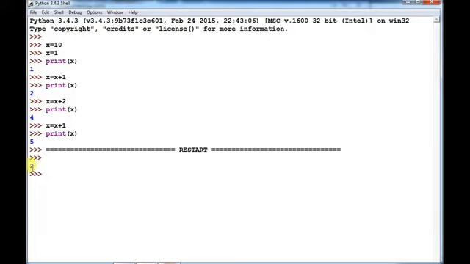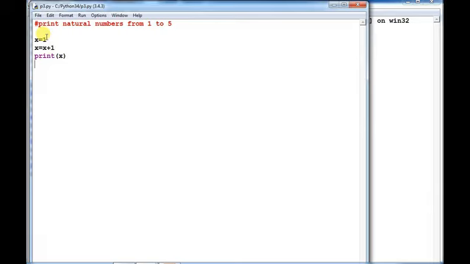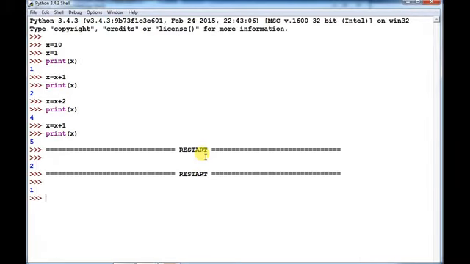Look here, the output of this program is 2, because x is 1 and I have written x plus 1. So we have to start with 0. So 0 for x, and then you can run this program again, you will get 1.